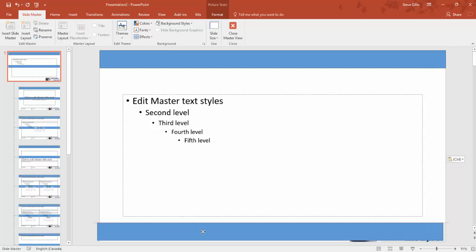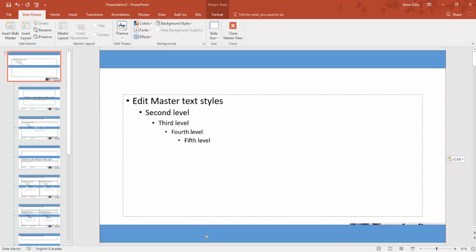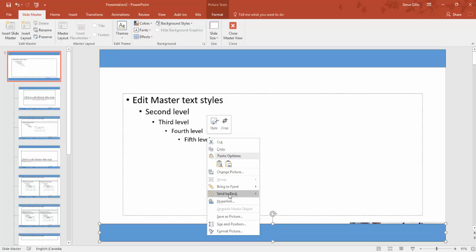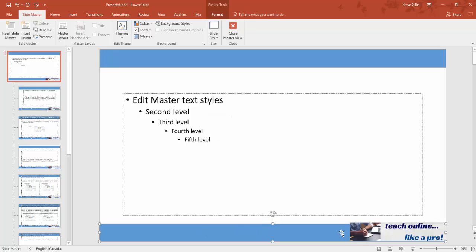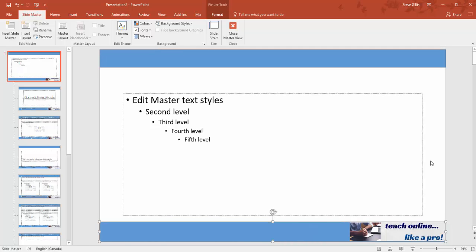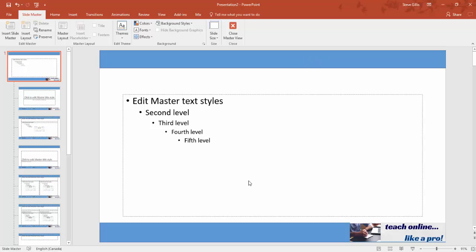Now I want you to watch what happens. As I bring it down, it covers up most of my logo. So what am I going to do? I want to move this image now, this border, to the back. And so I go bring to back, send to back, and look what happens. My logo popped up, and all I have to do is move this up a little bit and look at what we have. We have a blue border, we have our logo, and we have, look at all these slides